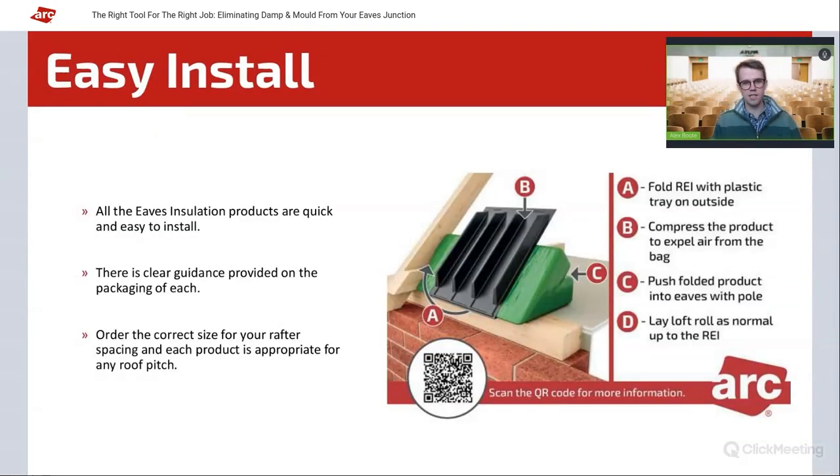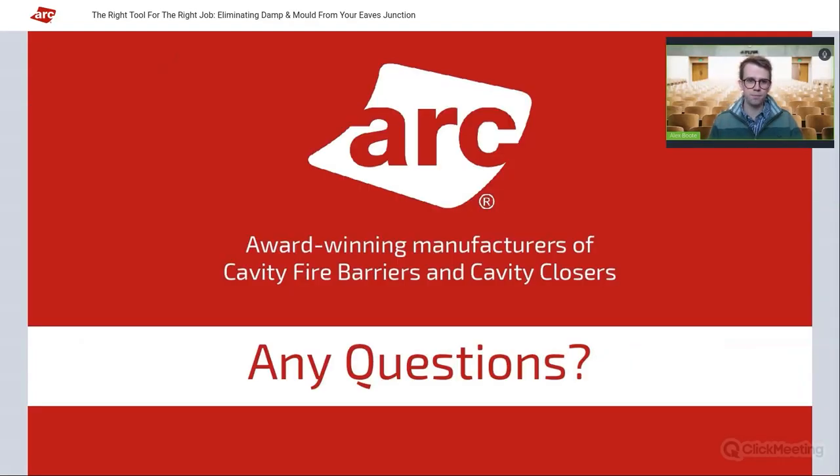Each of the products are very easy to install, and it's got really good instructions that come with each of the packs. So your installers on site will be able to make sure that they're installing it correctly. We've also got QR codes which take you to more information if needed. And that's it, really. That covers off everything that I wanted to cover today. I hope it was helpful. I'll just have a quick